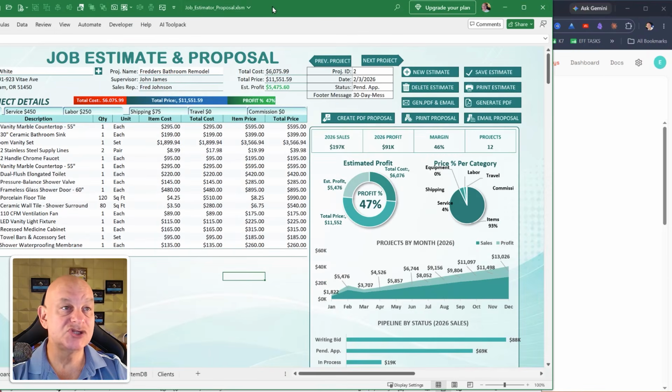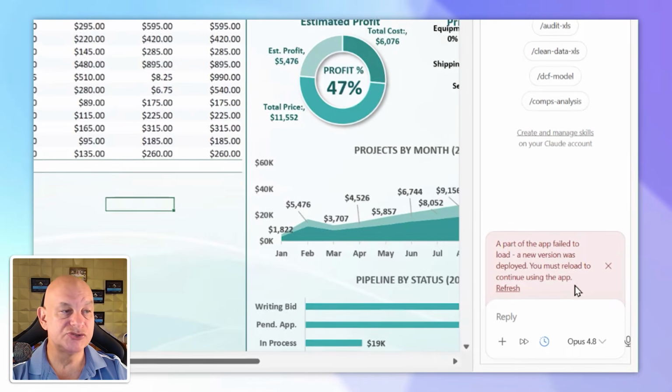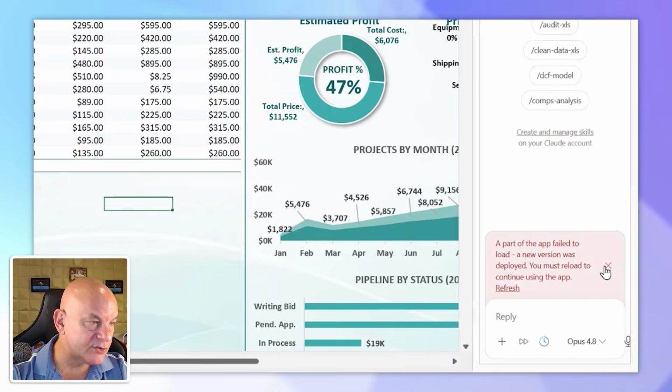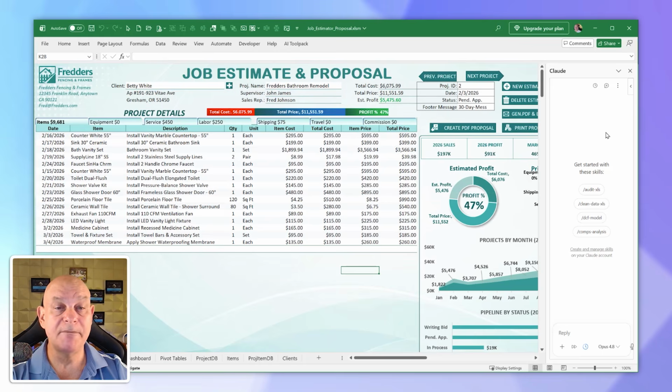Once you have it installed, we want to make sure that it's connected to our account. So to do that, we're going to click on Claude, and we want to make sure to sign on. Okay. All we need to do is make sure that we're on a new chat and we're refreshed. I just want to make sure you will have a sign-in. So you're going to sign into your Claude account. I believe at this time it's only working with the paid account,